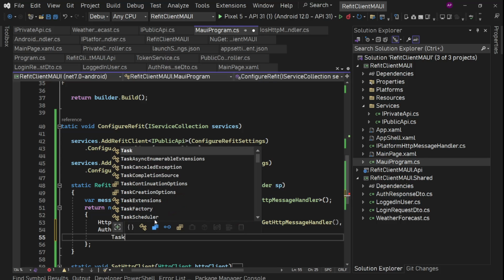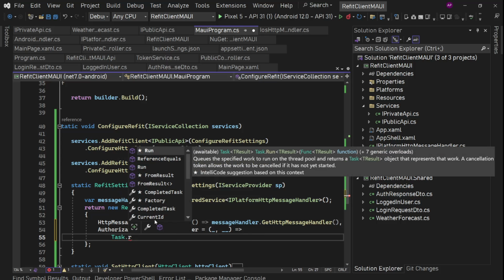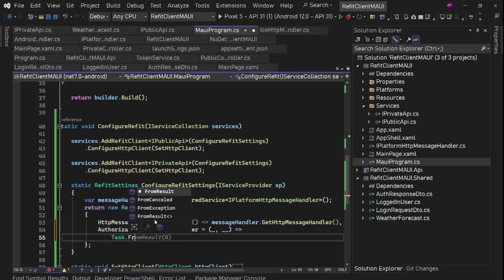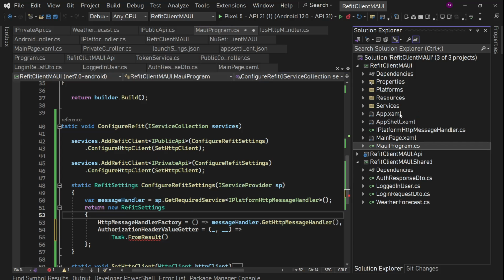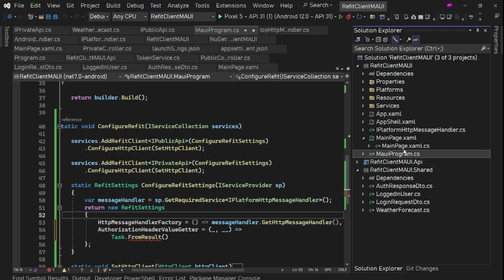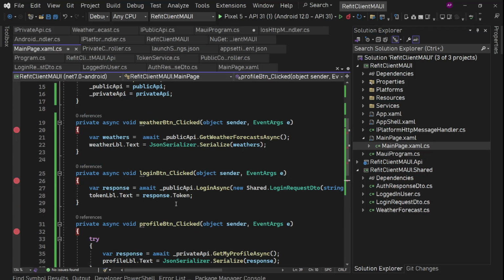And from here we need to return something, so we can say Task.FromResult. Now the value, we need to get the value for the authorization header, that Bearer. That means we need that token, right? That token we are getting, if we go to our MainPage.xaml, here after login we are getting this token. We need to store this token somewhere so that we can use it to fetch the value